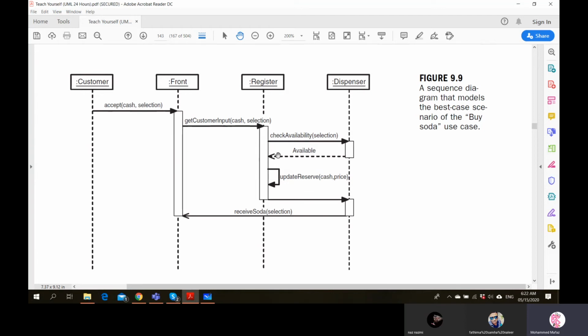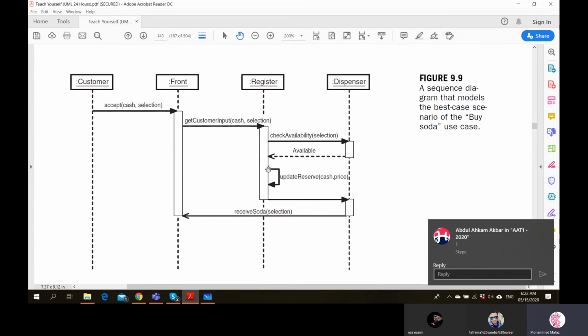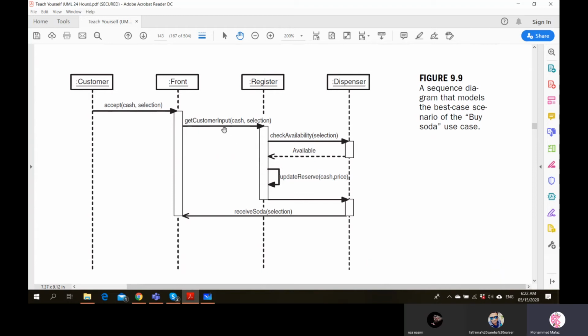Then it keeps on going. You can see up to this point, no activity. Now this one is updating itself, updating the reserve. It's calling its method because now the money has come in, so it needs to keep the money. So update reserve is trying to keep the money properly, right? So it's calling itself.